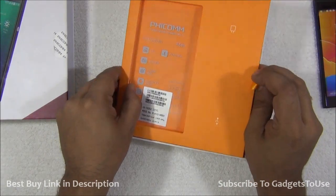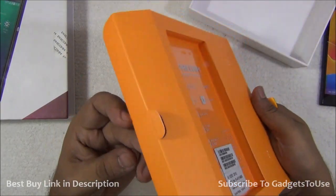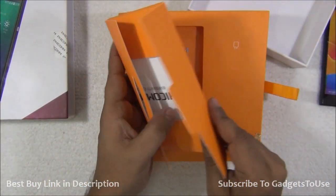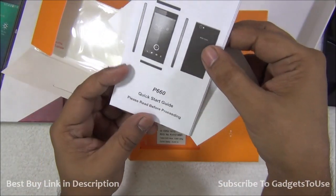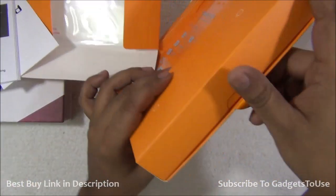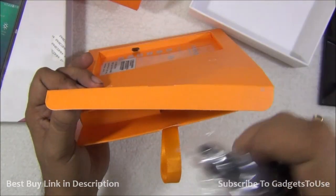Let me just open the package and show you what we have inside. So further going inside the package, we have this box which contains some user manuals over there. As you can see, we have the Phicomm warranty card and the user guide for the P660. Apart from that, if we take a look over this side, we have some more things which includes the micro USB cable and the